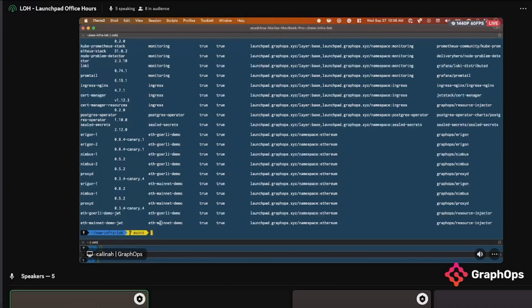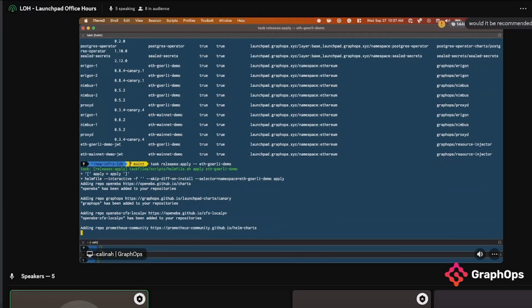Okay, so it's curly demo Aragon. So curly demo Aragon is currently pointing at GraphOps Aragon, and when I apply the changes with overriding chartUrl,